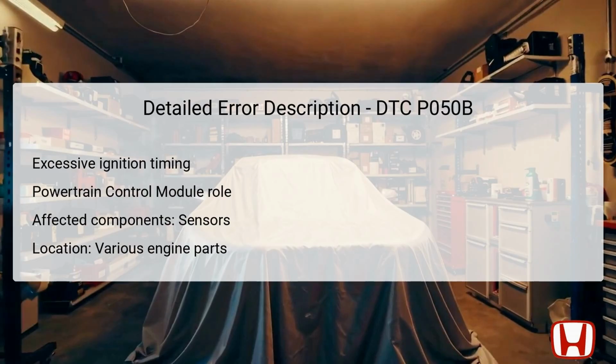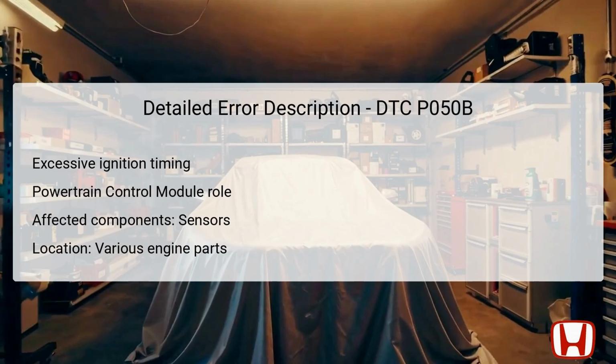The code P050B signifies that there is an excessive advancement in ignition timing during the cold start phase of the engine operation. This abnormality is detected by the powertrain control module, PCM, which monitors multiple engine parameters to ensure optimal performance. The pertinent components affected generally include the intake air system, throttle body, mass airflow (MAF) sensor, and intake air